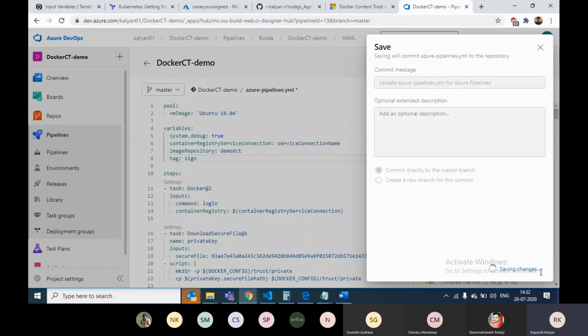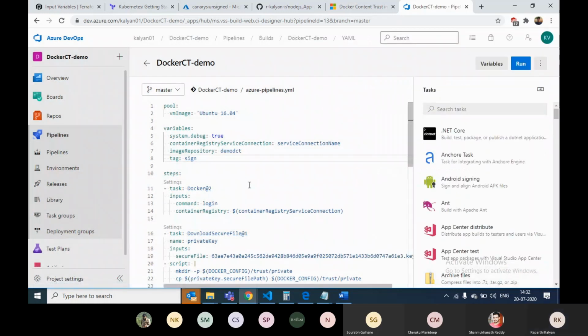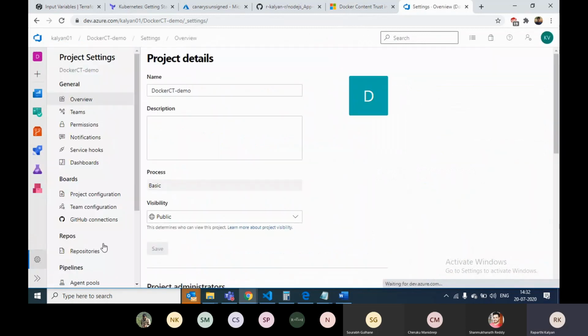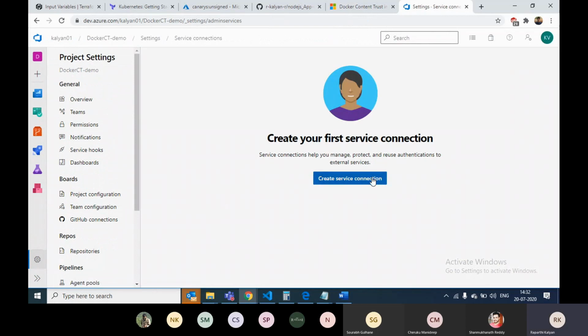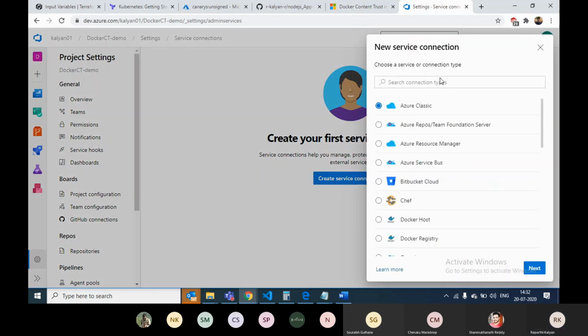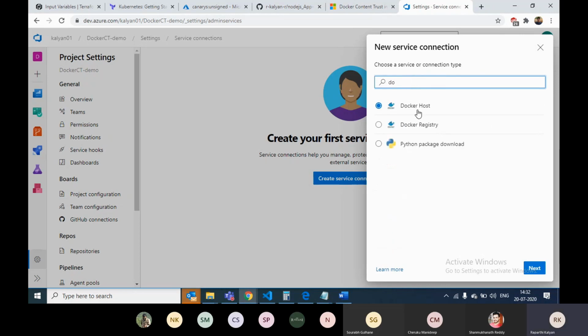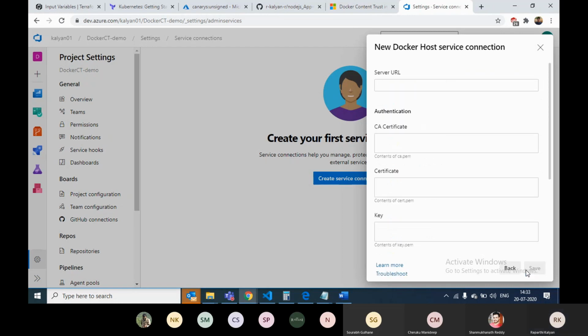You have to create a service principal for this. Not service principal, actually a service connection. A service connection lets you connect to your ACR. Not this one.